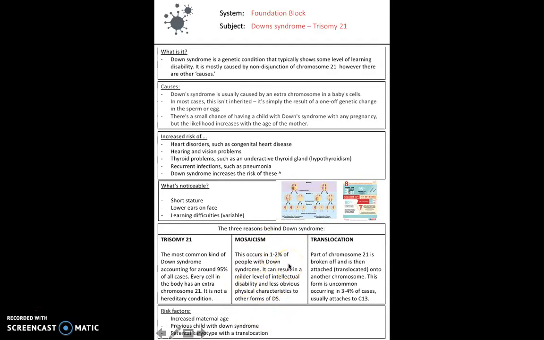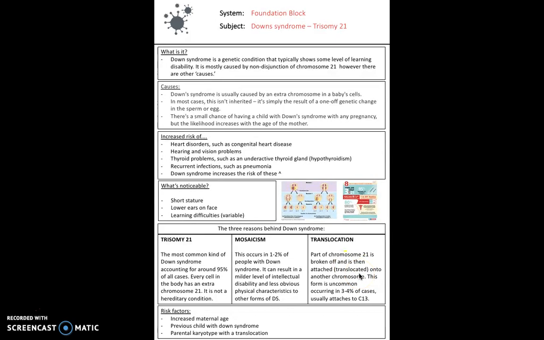Mosaicism. This occurs in around 1 to 2% of people with Down syndrome, and it results in a milder level of intellectual disability and less obvious physical characteristics than other forms of Down syndrome. The other form of Down syndrome is translocation, and this is one of the few types that is likely to have a hereditary impact. So this is part of chromosome 21 being broken off and then attached, and this is